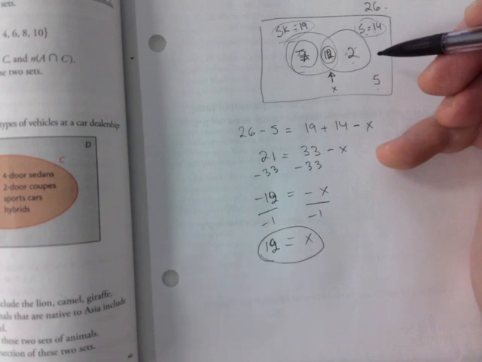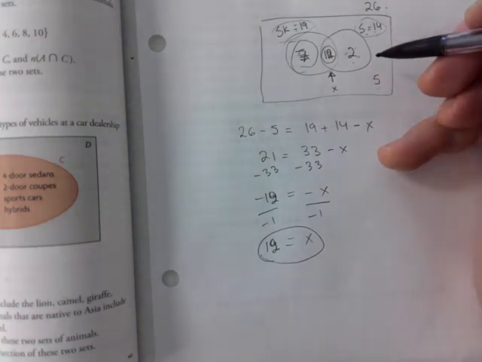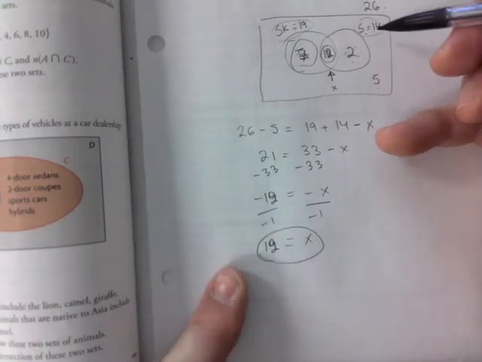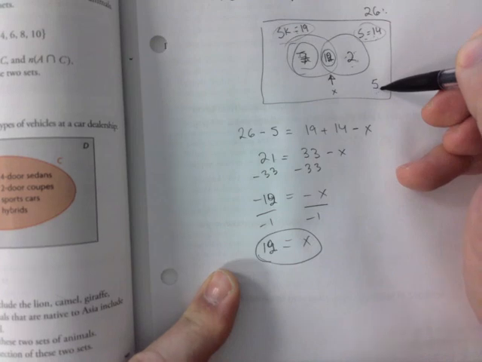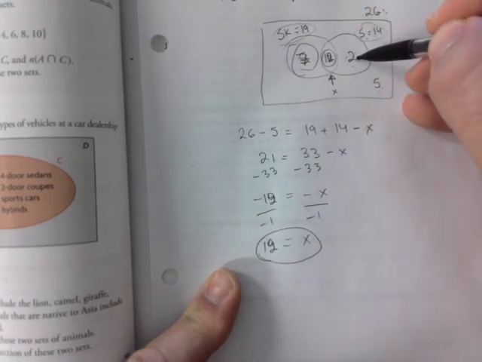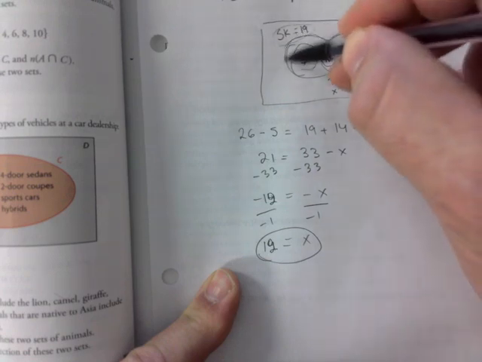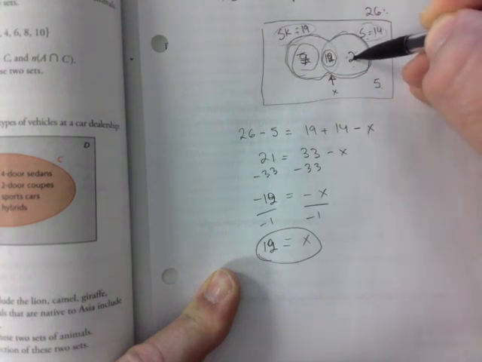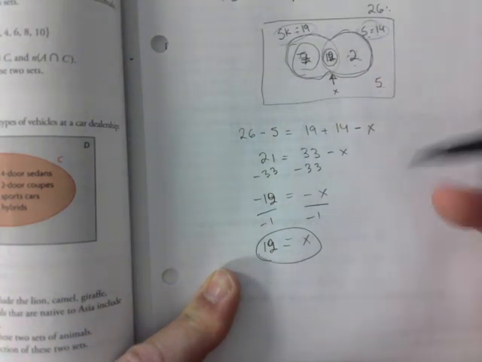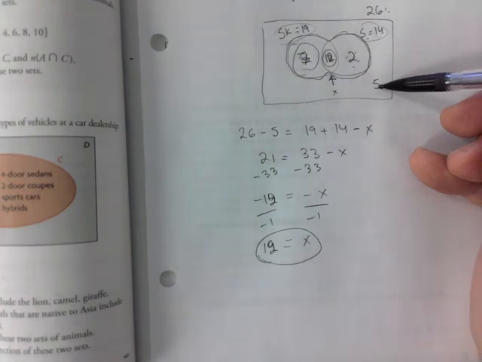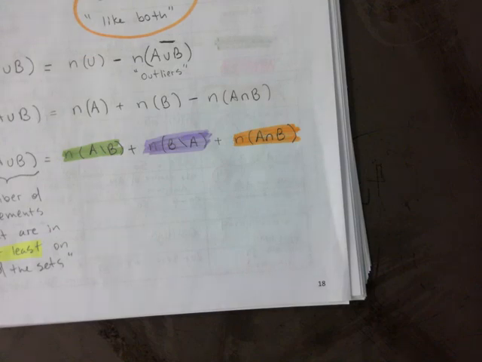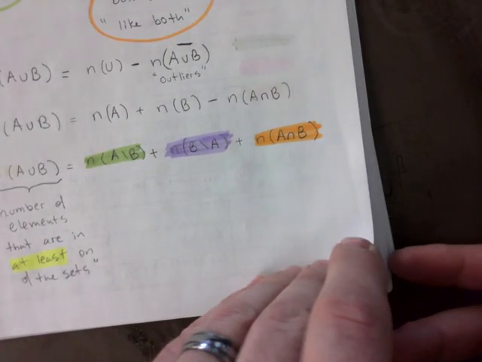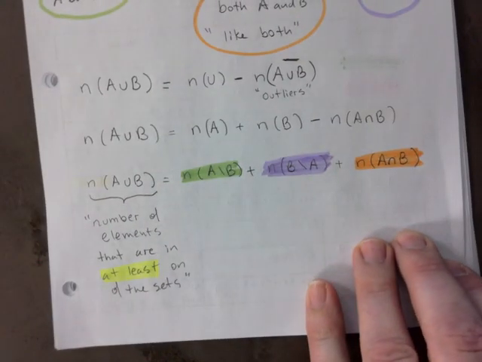Sometimes they ask how many people like at least one of these two things. If it asks that, the quickest way would be 26 minus 5, so 21 people. Or you just add up these 3 sections, right? Because if it's at least one of these, we want to know anything that's in here. Because any of these subsections guarantees you that they like at least one of them. The 5 out here obviously don't like either of them. Okay, so that's just a little overview there. Okay. All right. I'm going to stop this here. This is basically just a review of